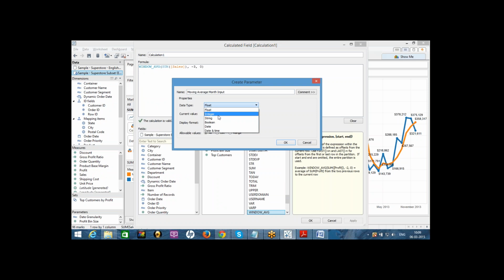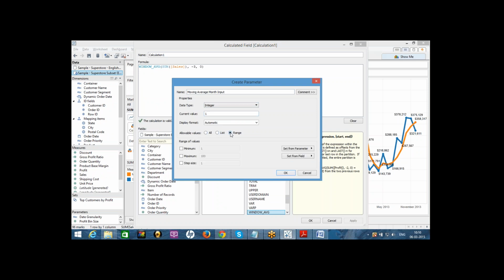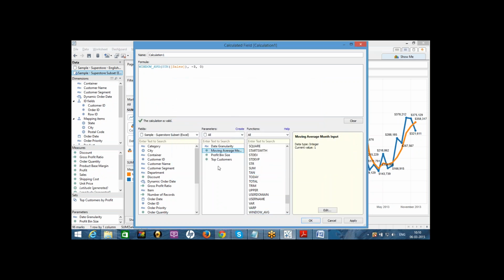Let's take integer, and let's take range, starting from 1. The max months available is 12. Step size must be 1. Click on OK.